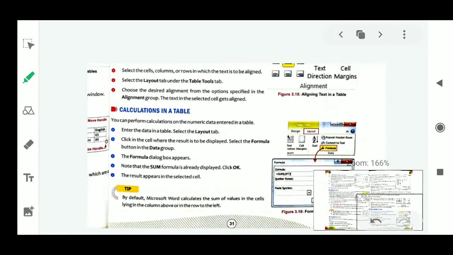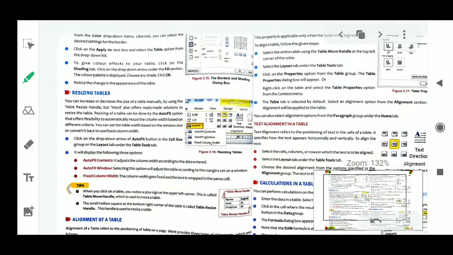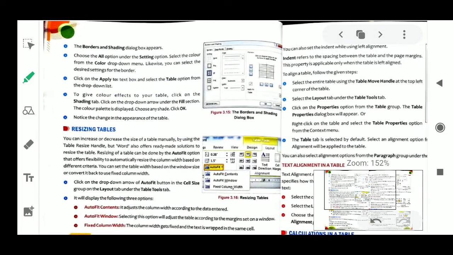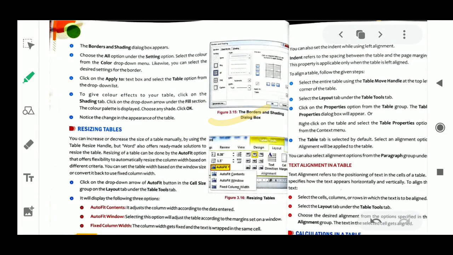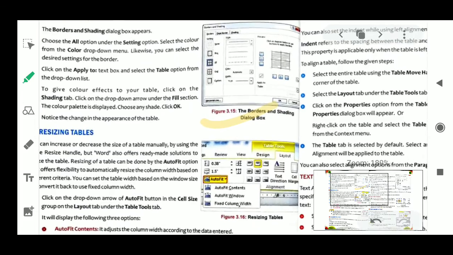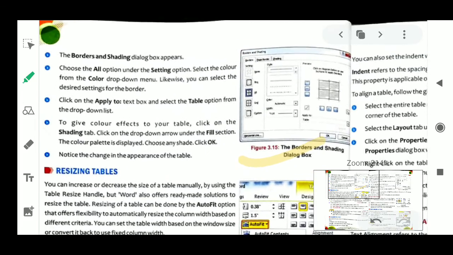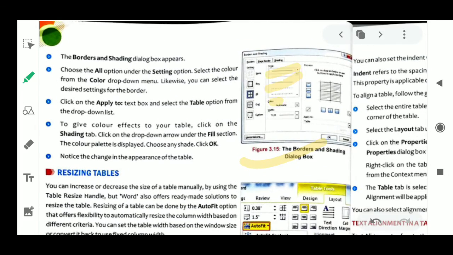See here, this dialog box will appear, and here you can see there are different styles of borders. You can select any one, and that will be applied to your table. Also you can give a color effect to your table. You can also fill some shadings, and different dimensions like 2D or 3D. All those options you will get here.